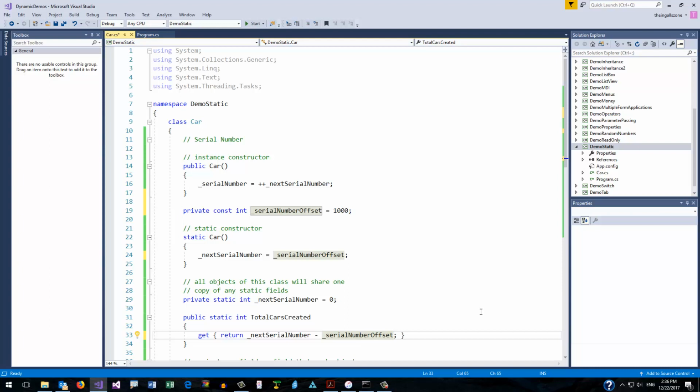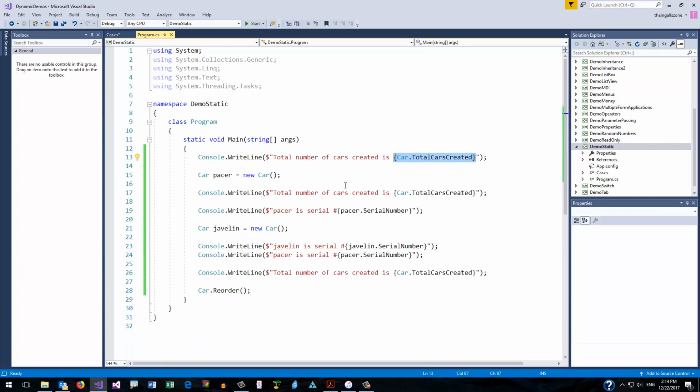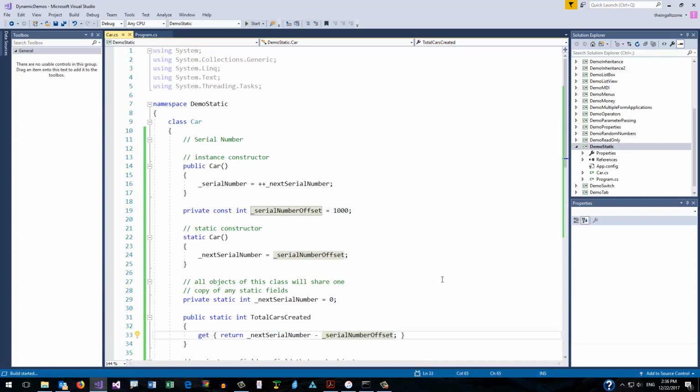Another thing that's different about the static constructor is you will never see it called. So if I go back to main, you're not going to see a reference to the static constructor. So where is that static constructor being called? That's basically being called right here, or that is to say, it's being called the moment before it's needed. So as soon as anything references the car class that would require the need of the static constructor to take place, then that static constructor code will be called. So you're not going to actually see it in your code, but now when I run this code,